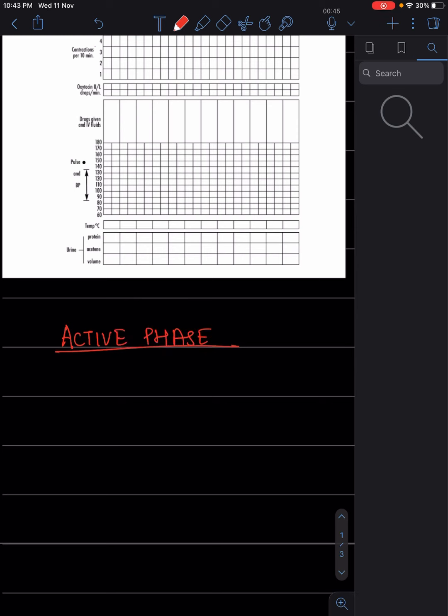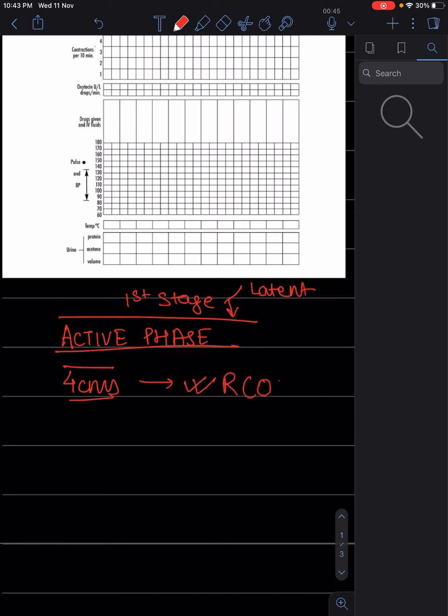Right. So as we know, stages of labor are divided. The first stage of labor is divided into a latent phase and an active phase, right? So active phase, when do we call it active phase? When the dilatation is 4 centimeters and beyond, then it is active phase. Now this is very much correct and people still follow it, and that is how we'll be charting our part 2 and discussing our clinics. But you should know the latest guidelines.